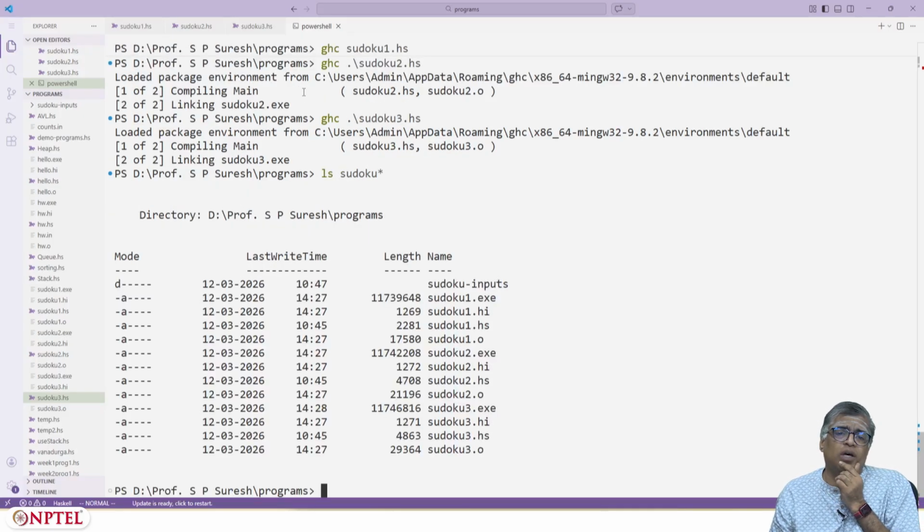Okay, I have various exe files which I can use to run. I in fact have a whole directory with the sudoku inputs.